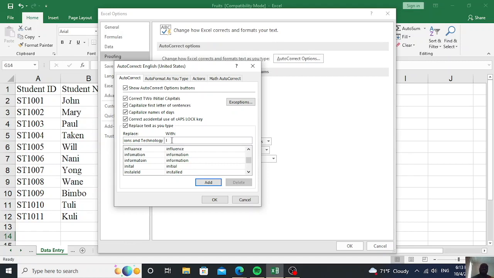This is not quite lengthy, but we can have a lengthier name. So instead of typing the long Nazy Innovations and Technology,